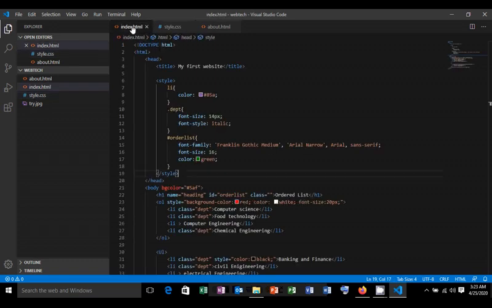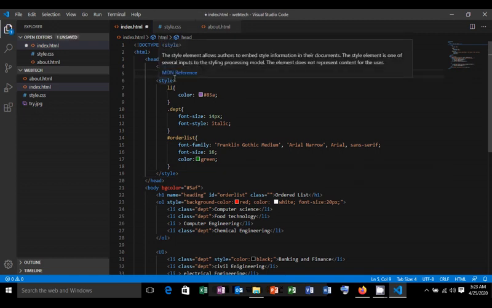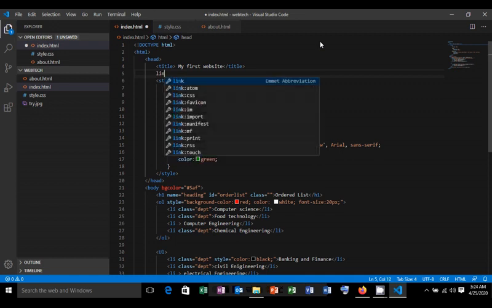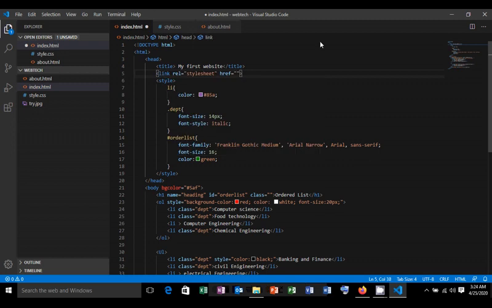So in order to use it in my head tag, inside the head tag, I'll have to make reference to it by using an element called link. Okay, link. The relationship is a style sheet. The href, that's header reference. Since they are in the same folder, so I'll just write the name. It shows me style.css. So I will select yes, that's what I want,